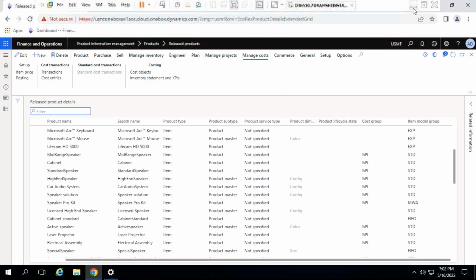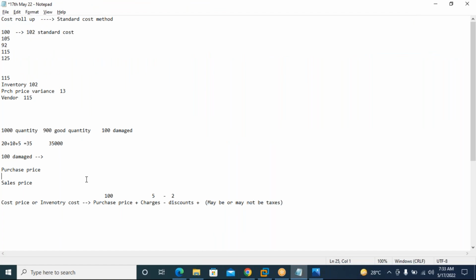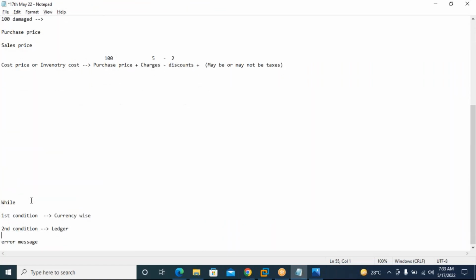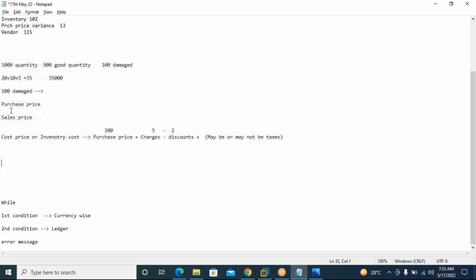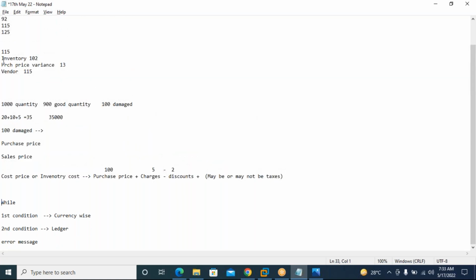Okay, now let us continue our regular topic. Foreign currency revaluation we are executing. Foreign currency revaluation we are learning. Now, in this foreign currency revaluation,